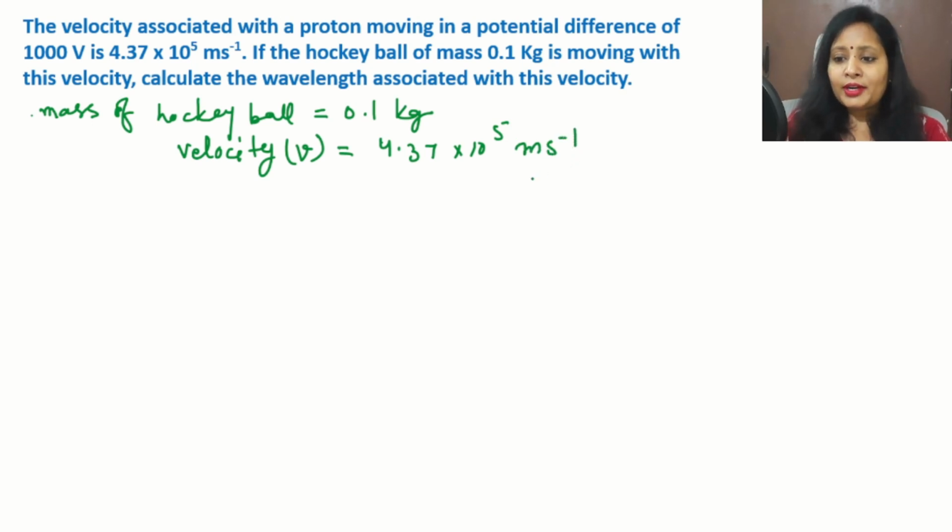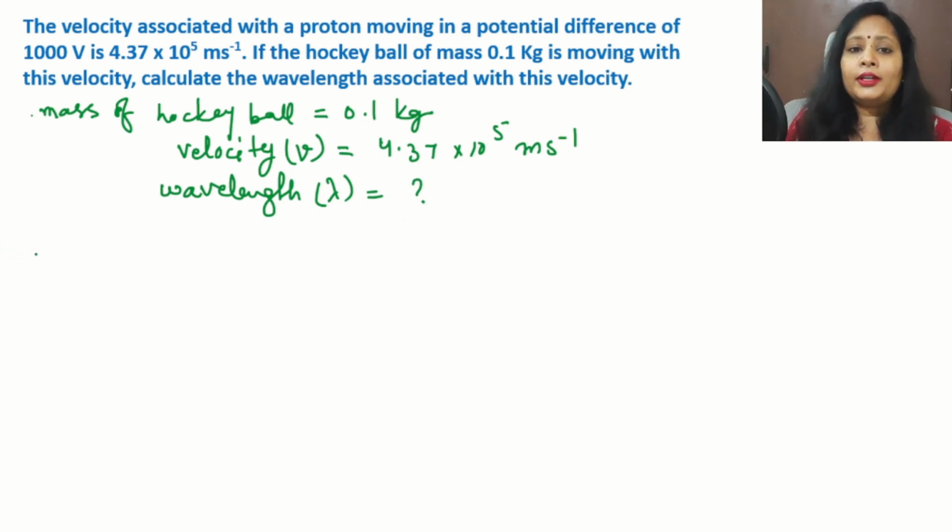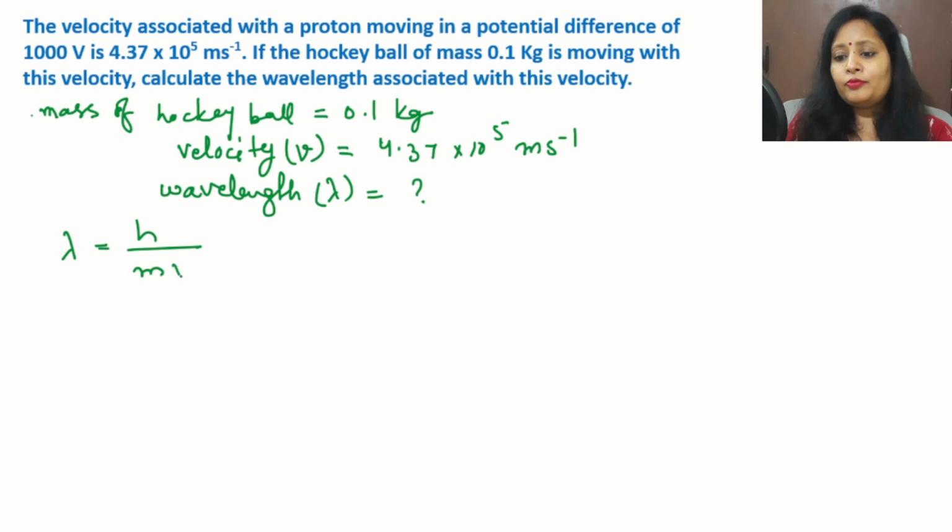Now we need to find the wavelength associated with this velocity. So wavelength we need to find, which we will denote by lambda. So according to de Broglie's expression, we knew that lambda, means wavelength, is equal to h upon mv, where lambda is wavelength, h is Planck's constant, m is mass and v is the velocity. So if we have given all the values, if we put the values in this formula, we can easily get the answer. Let's start. So h value is